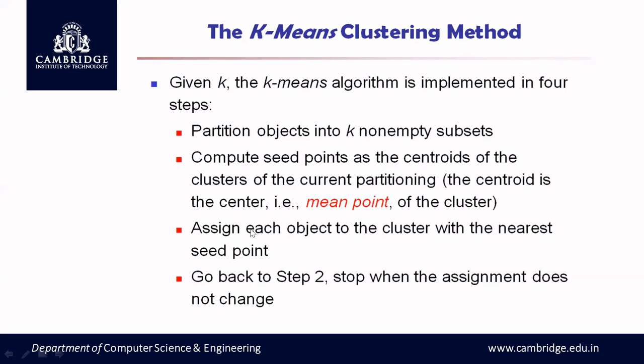Next, third step is, once you have calculated the mean square error and you have assigned it to a cluster, every time you have to recompute the centroid of the cluster. So when you recompute the center of the cluster, you will have new centroid values, and you will be continuing this until there is no change in the second step. So the second step is nothing but your centroid calculation. Whenever in 2 consecutive steps the centroid values are the same, you can stop the k-means clustering algorithm at that point.